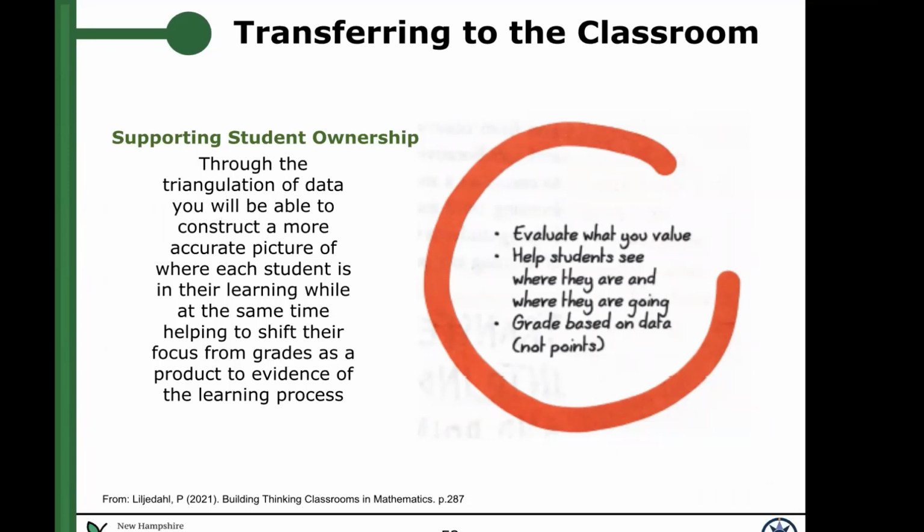And I know as classroom teachers, you're always looking at your students, you're listening to them. You have classwork, homework, assessment data. So you're pulling all of that together to get a full picture of where your students are at and what they're understanding and where you may need to scaffold more supports in.